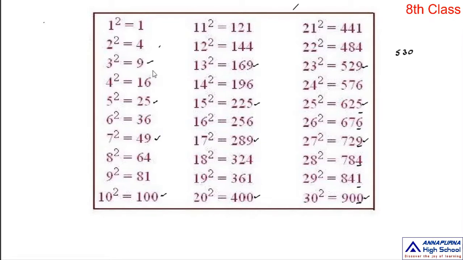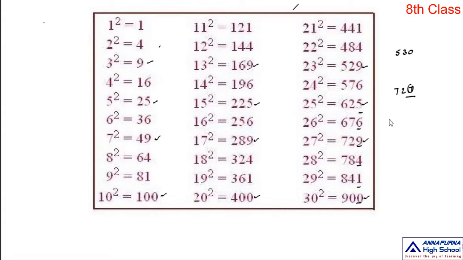That means if you take any natural number that ends with either 2, 3, 7 or 8, that number is never a perfect square number. That is the first property. Is it clear? For example, if you take a number 727, it is very clear this is not a perfect square number. Why? Because it ends with 7. That means the digit at units place is 7. So it is not a perfect square number.